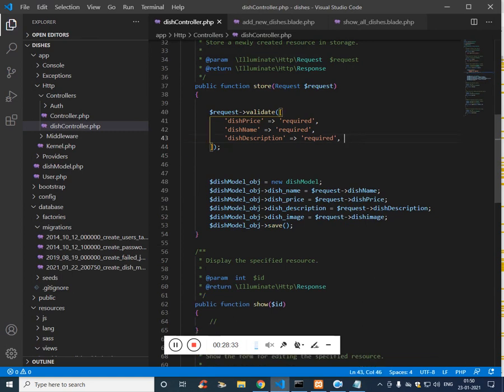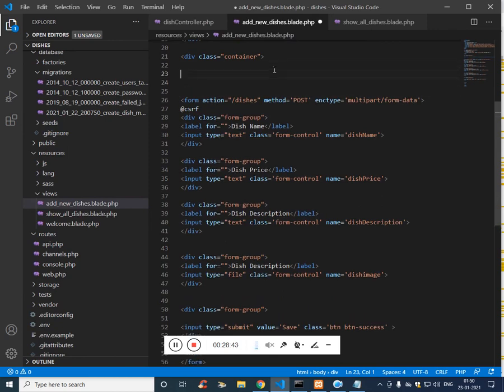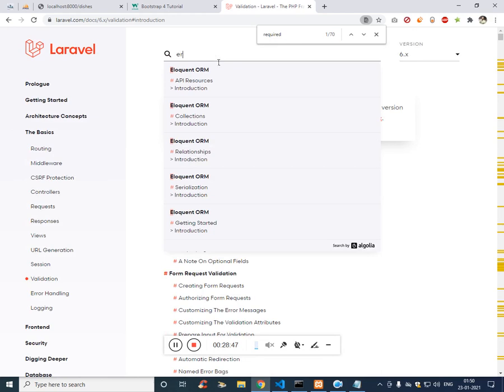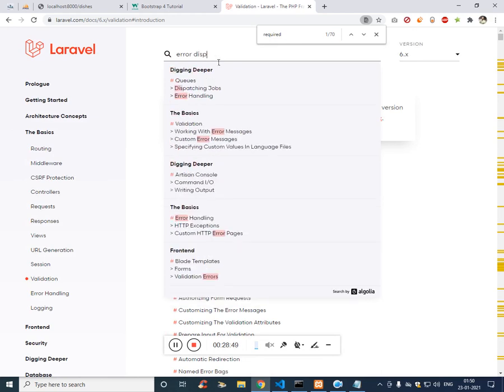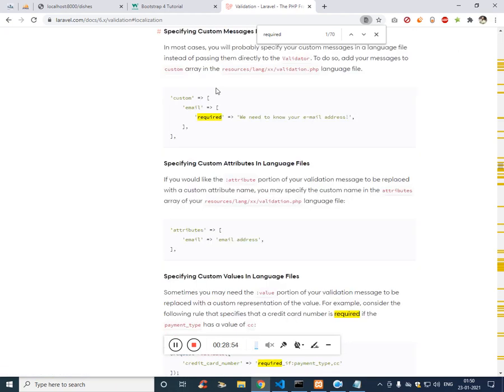So if this is blank, we need to show the error. To show the error, we have to get into the form. Just above here we have to type error display. Where is it?